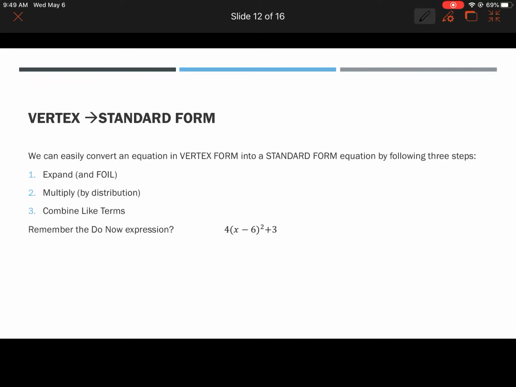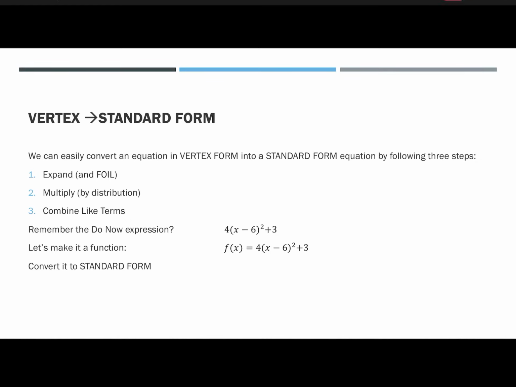So let's look at that do now expression. Okay, this is the one we started with. And let's just turn it into a function by sticking an f of x in front of it. Okay, so now it's a function. And it's in vertex form, right? So if we were to do the same steps we did in the do now, we would expand it out and combine like terms to get f of x equals 4 times,